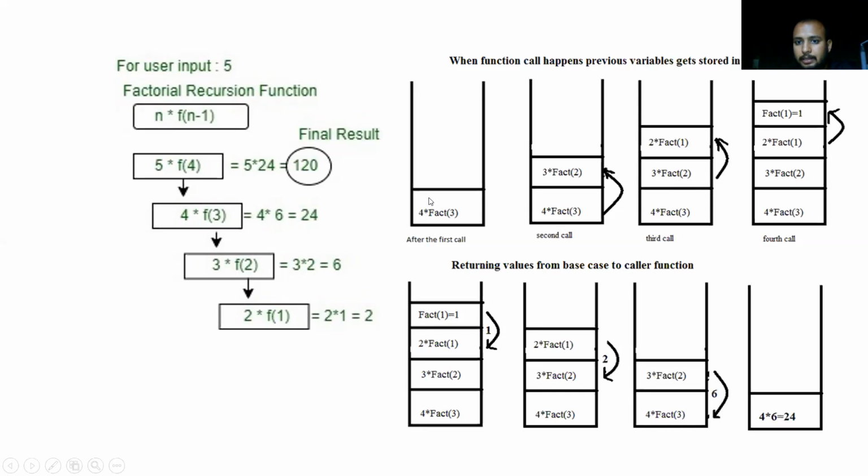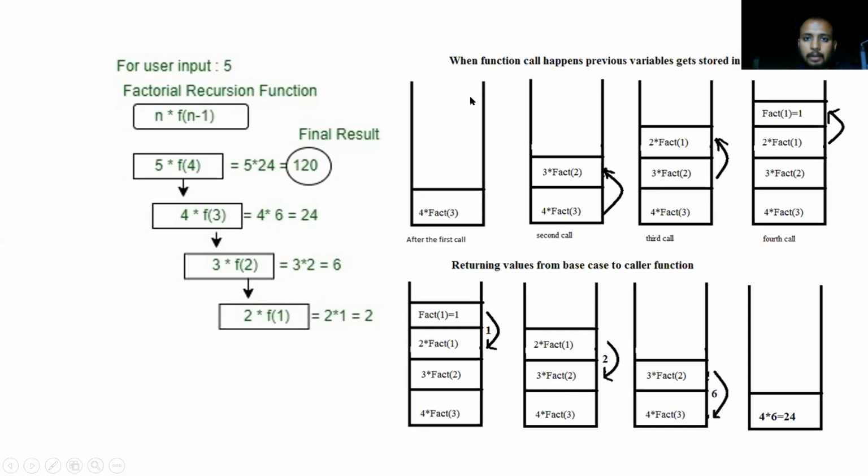In the call stacks, what happens? Fibonacci 5 calls Fibonacci 4, 4 calls 3, 3 calls 2, 2 calls 1. Now 1 is the termination condition. Now the termination condition is met. Now it's return time. So Fibonacci series of 1 to Fibonacci 2 to 1. In this fashion, it will return 7.